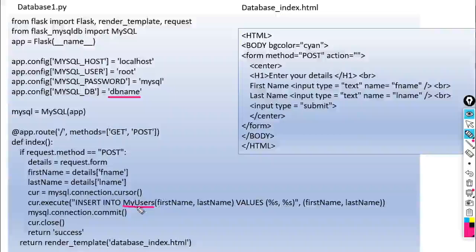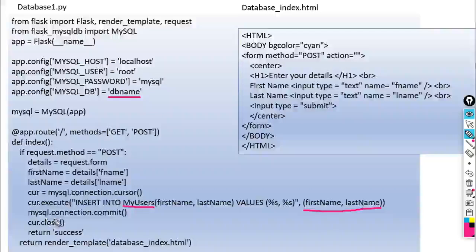Insert into MyUsers (firstName, lastName), two attributes are there. Values (%s, %s), because these two have text data, and these are the names of the attributes, first name, last name. How many attributes you are going to insert, you should mention that.